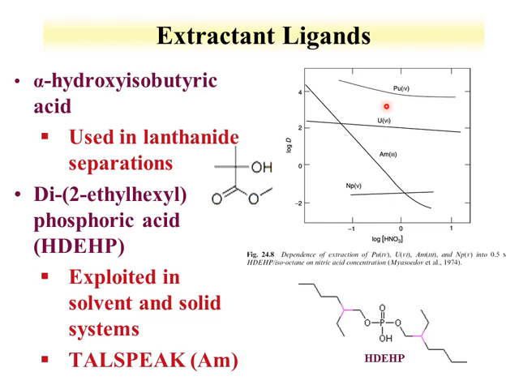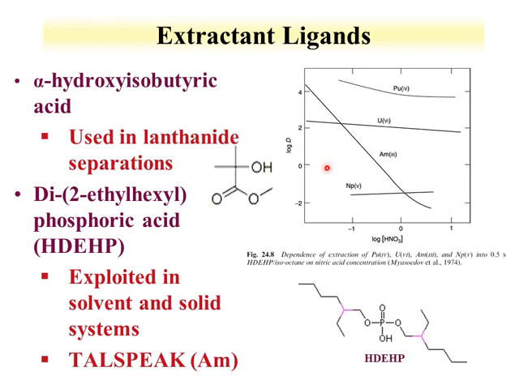Plutonium-4 and hexavalent uranium have very good extraction coefficients, all above 10 to the second, while neptunium is pretty poor, about 10 to the negative 1.5. Americium starts out high and goes low as the acid concentration changes. So one could see here that